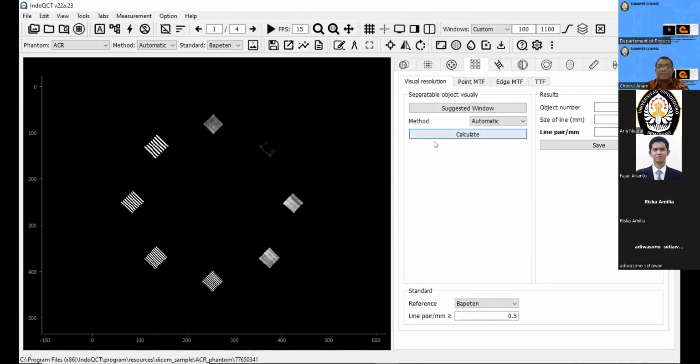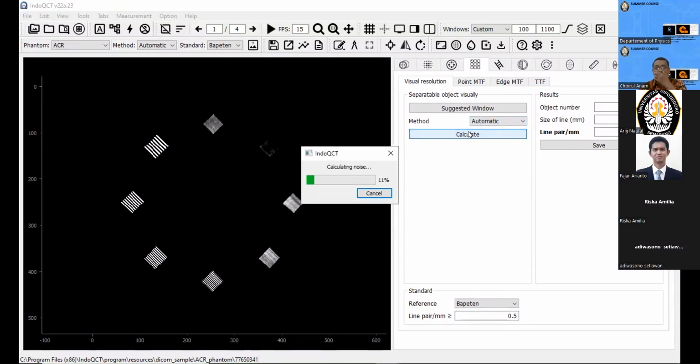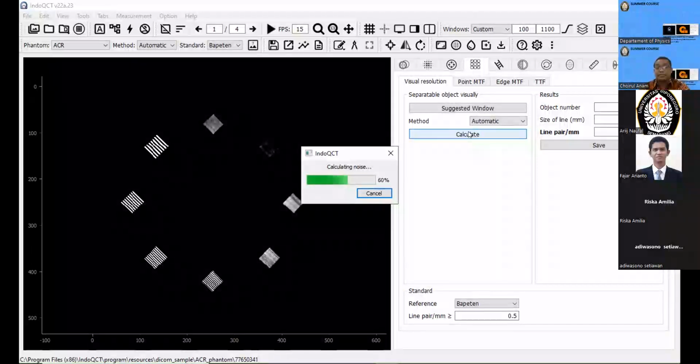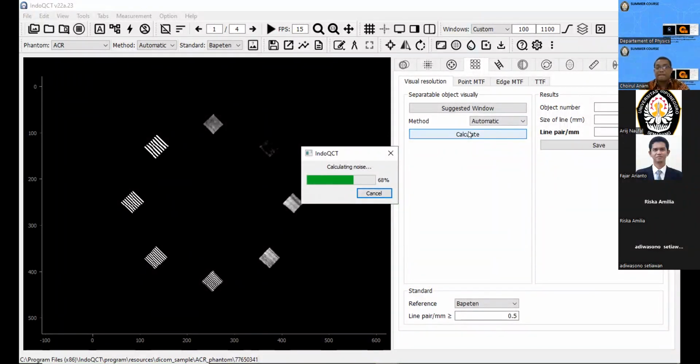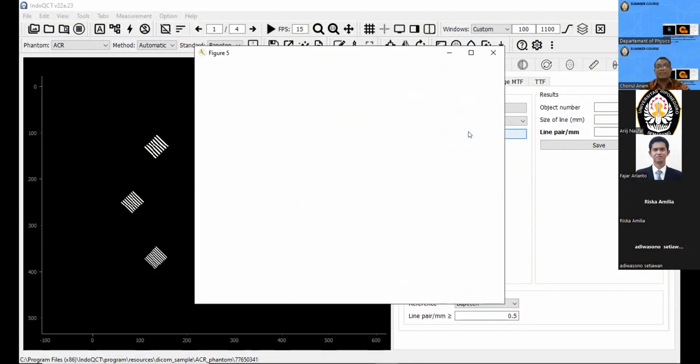Okay, in this example, I will calculate the automatic measurement. I click this button, calculate, and this is the result to measure the standard deviation map. Okay, this is still in process, and this is our result.